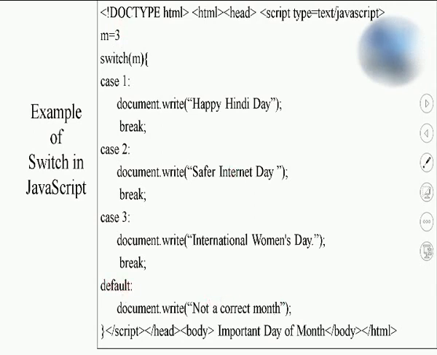If I execute this program for the month 5 also, it will say not a correct month, because this is not in our program. So you can add such kind of 12 months and you can wish any kind of day by a simple program. So this is a switch case program. This is going to check this value with this. So this variable is compared with this. You can have the condition also over here in the switch case.